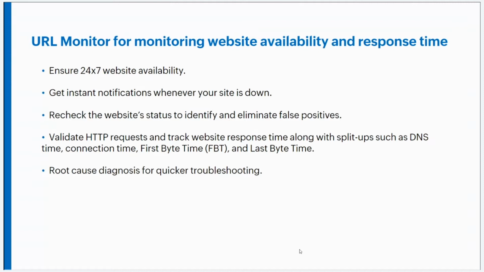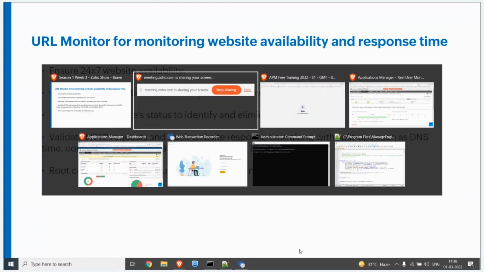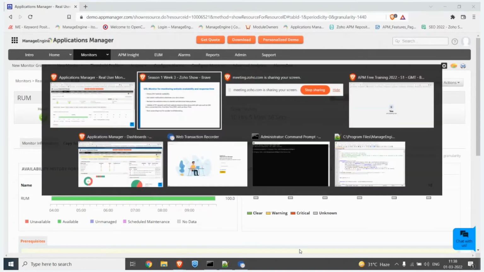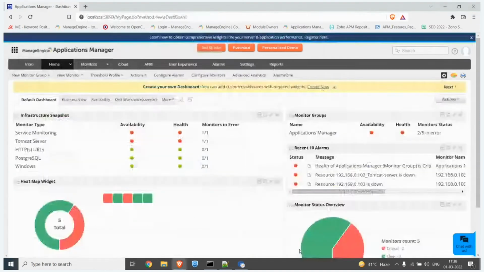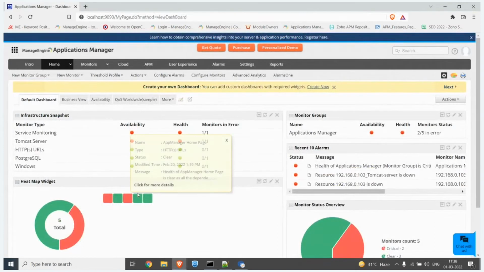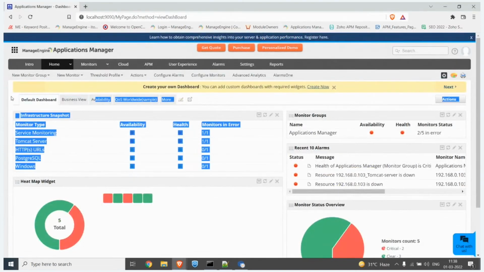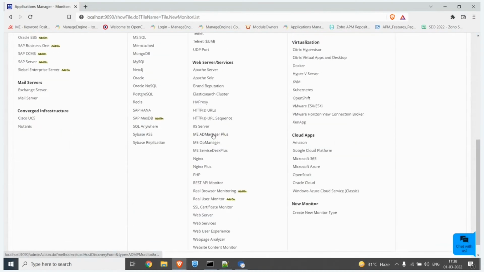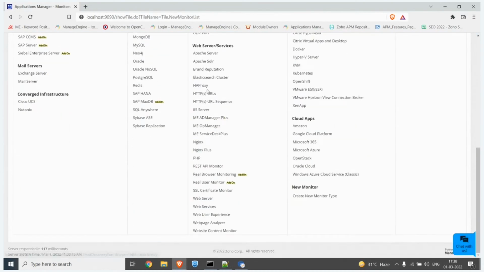Now that we have seen what the URL monitor can do, let's switch to the product UI to understand how we can add a URL monitor in Applications Manager. So we go to the New Monitor tab, and under Web Server or Services, click on HTTPS URL.